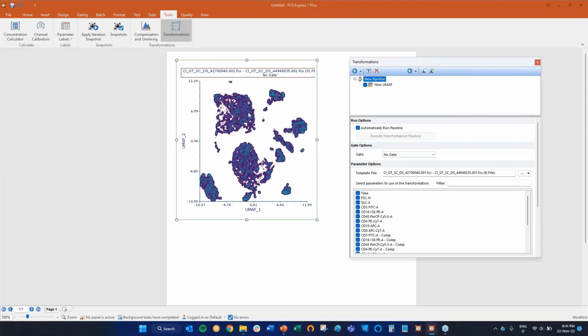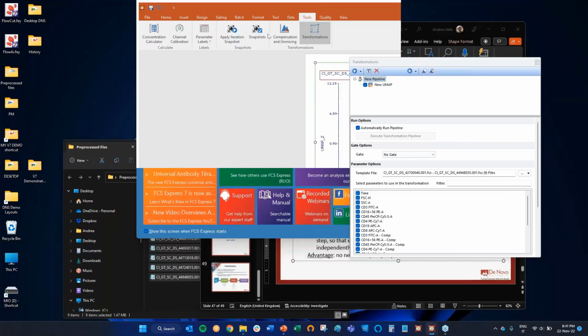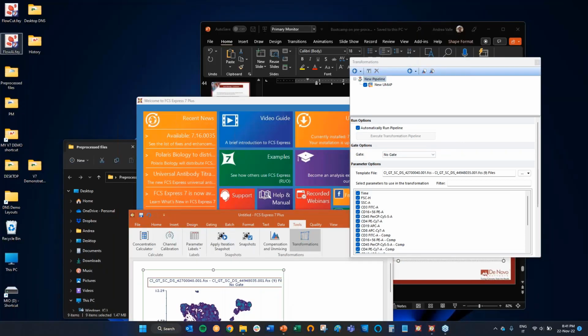So this was strategy one. Again, the idea is you run the pre-processing pipeline on each file independently. You generate a new FCS file, and then you load those FCS files into the data list. Again, why I like this strategy, even if it's a two-step strategy, is because it allows you to use, sorry, let me open it again, it allows you to use